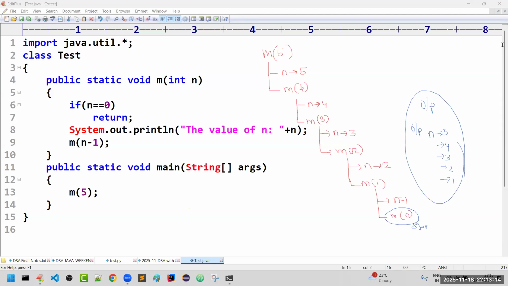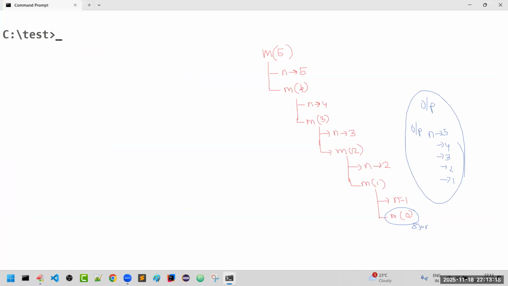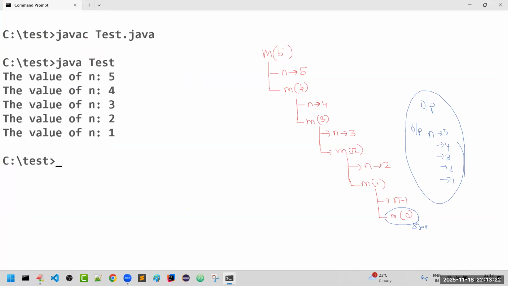Let me check whether we are getting the same output or not. Beautiful. We are getting the value of n as 5 and the value of n as 4. What parameter value is it showing every time? Immediately you may have a doubt, sir, how does it identify these parameter numbers?